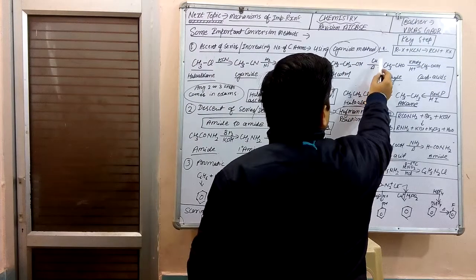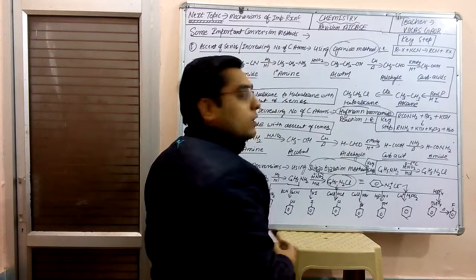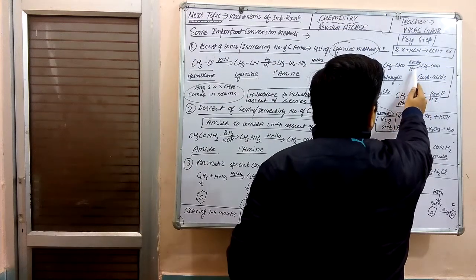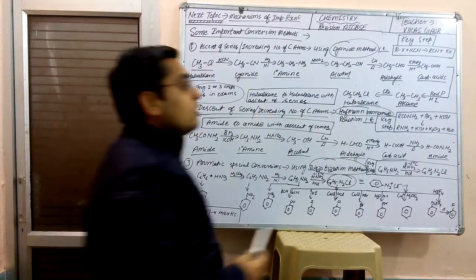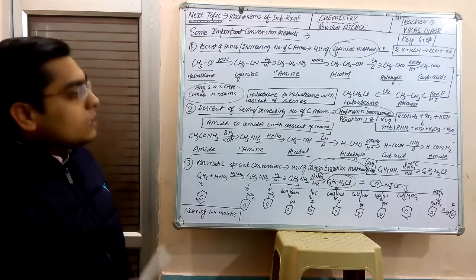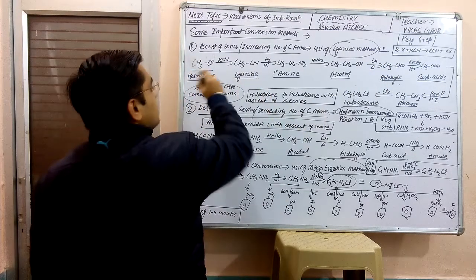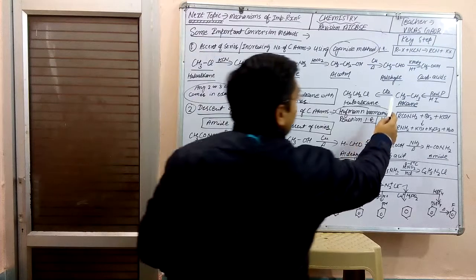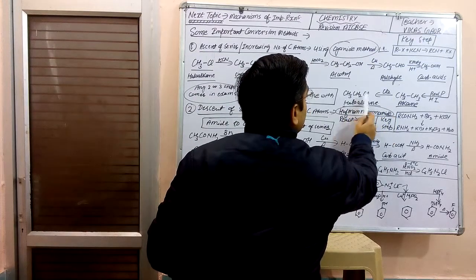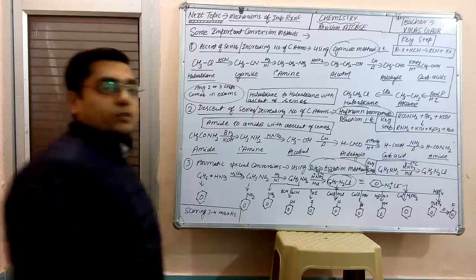And on dehydrogenation in presence of copper, alcohol forms the corresponding aldehyde, like CH3CHO here. And on oxidation with KMnO4 in presence of dilute H2SO4, it forms the corresponding carboxylic acid, which further in presence of red phosphorus and HI forms the corresponding alkane CH3CH3, means with the same number of carbon atoms. After this the number of carbon is 2 and before this the number of carbon is 1. In presence of chlorine it will form CH3CH2Cl, means from haloalkane to haloalkane with ascent of series.